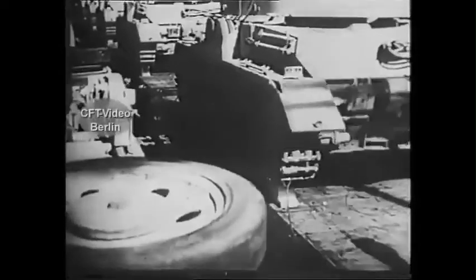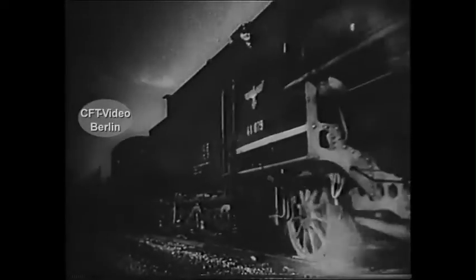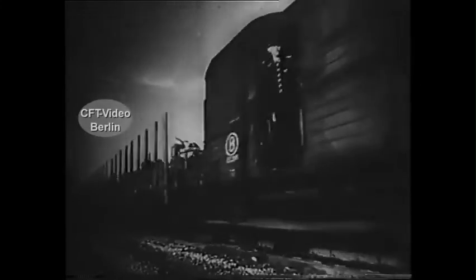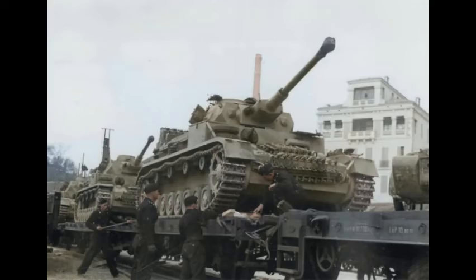A common misconception is that the German tanks were moving towards the battlefield on their own, covering hundreds of kilometers. The most common way for tanks to be transported during the Second World War was by rail. All German tanks, equipment, horses, trucks, and supplies of all kinds were transported by the trains of the Deutsche Reichsbahn,